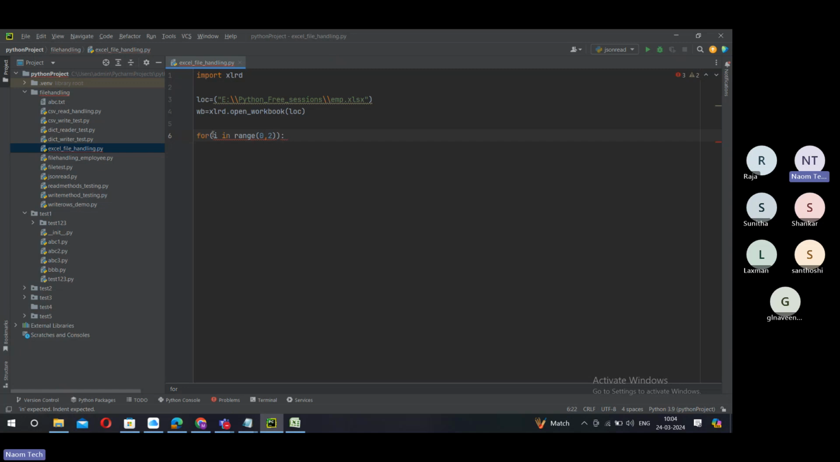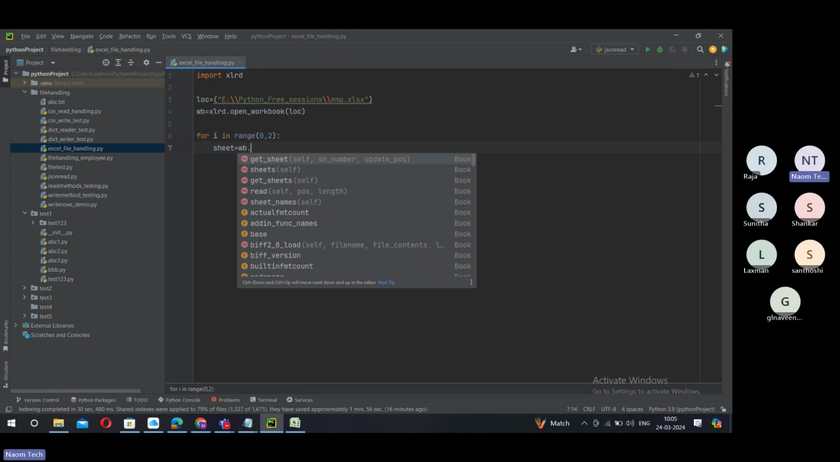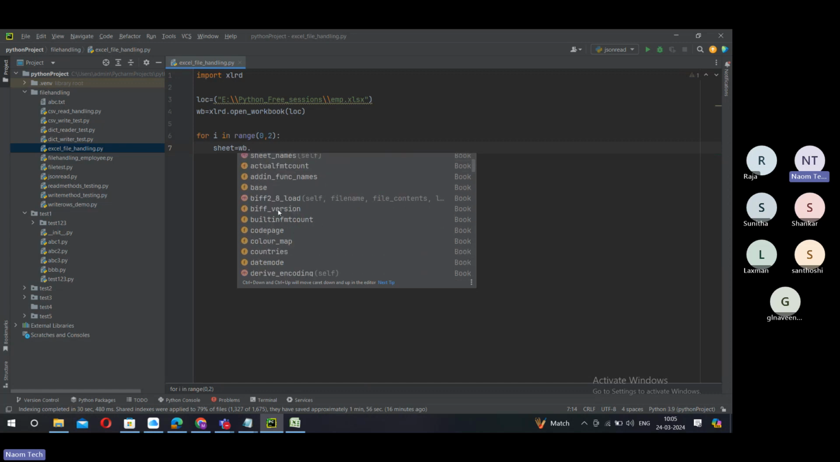Okay. Sorry. So for, I think we should not use braces. So this is the perfect syntax. For i in range of 0:2. Now you can say sheet. I'm only giving you a quick idea. wb dot. There are so many methods you can see here. You can see get sheets, something like this. There are many methods, but